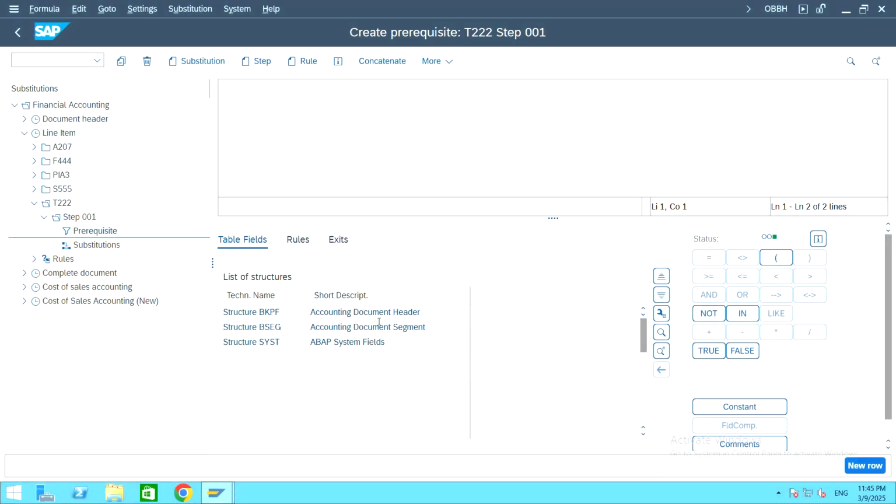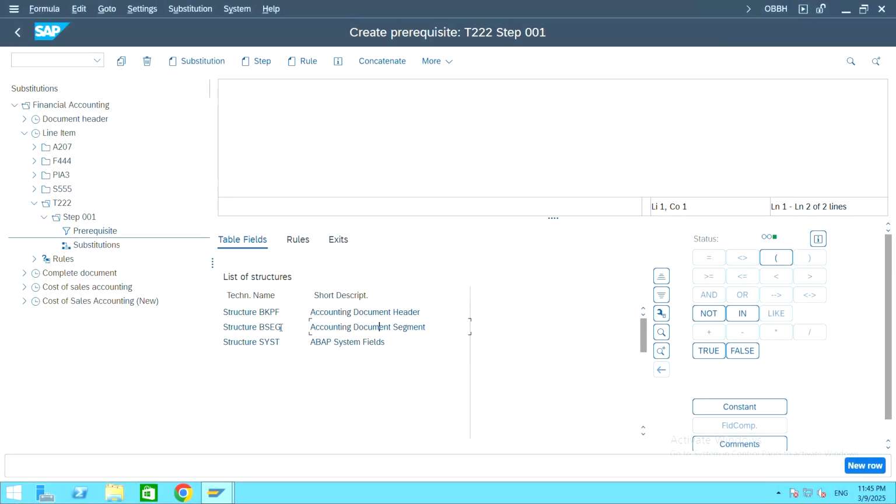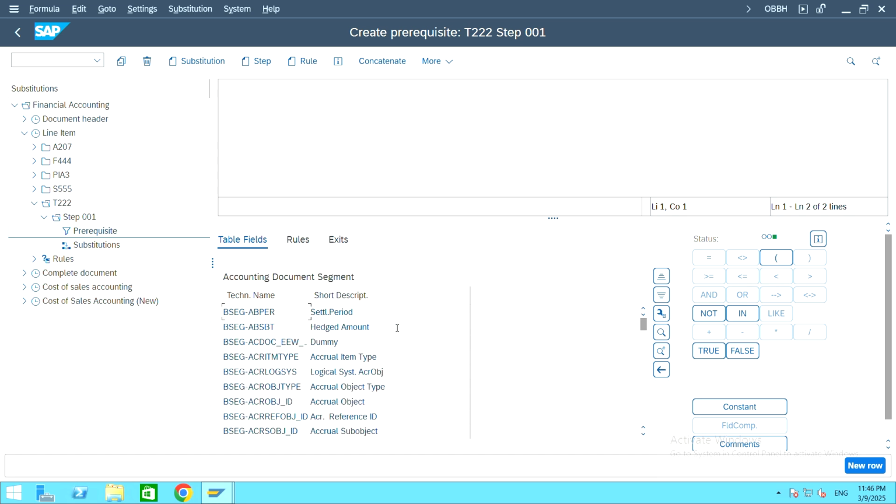Here in the middle of the screen, under the Table Fields tab, you'll have the Accounting Document segment. The technical name for this table is BSEG. Double click on Accounting Document segment. And now